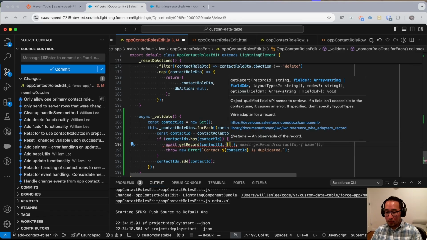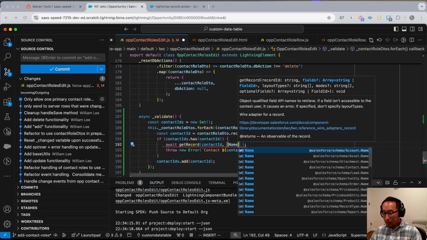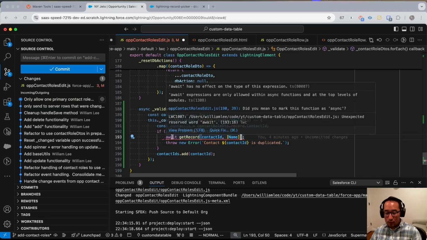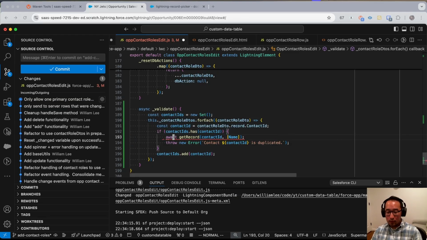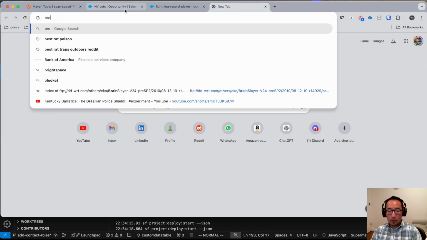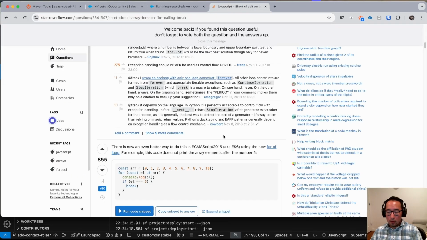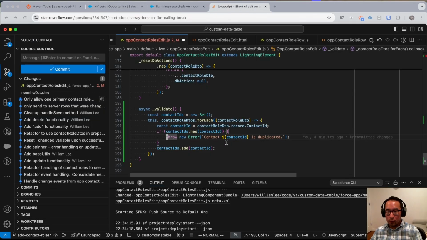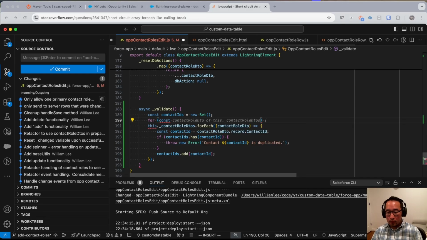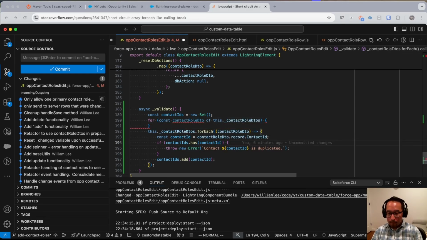And fields, name. Still giving me an error. Okay, so can I break out of a for each? Break out of for each loop. For of loop. Let's use the for of loop. For const of